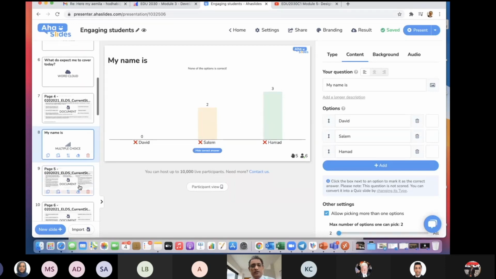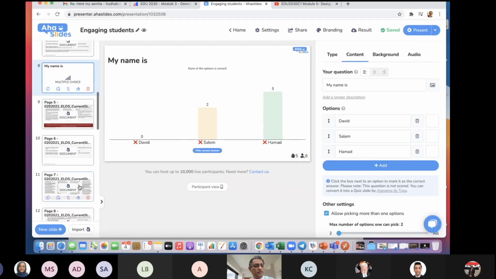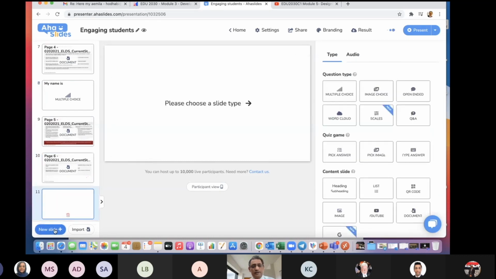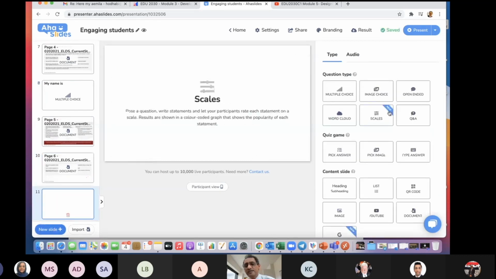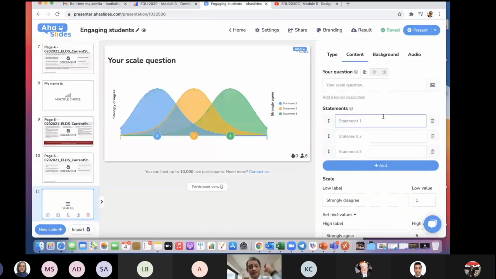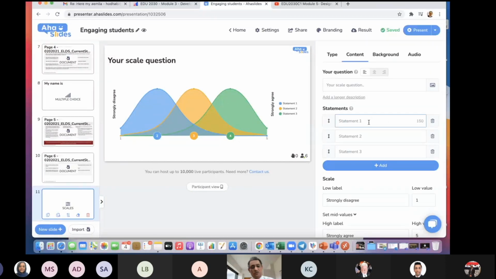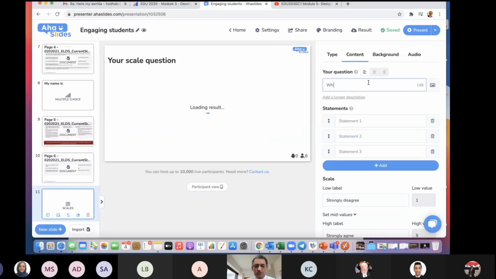So we have seen now maybe three types of activities. Let's come here maybe and add one more activity. And this is the scale. The scale is really very nice, which it's good for satisfaction. Yeah, like today in this presentation, what is your, I can ask, what is your level of